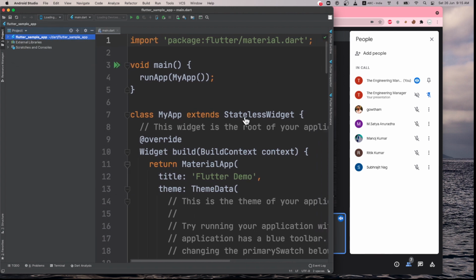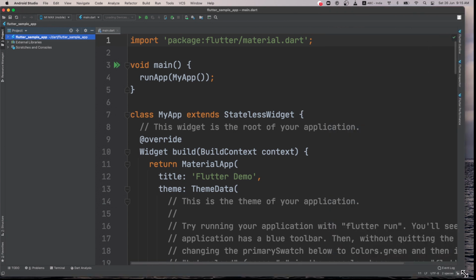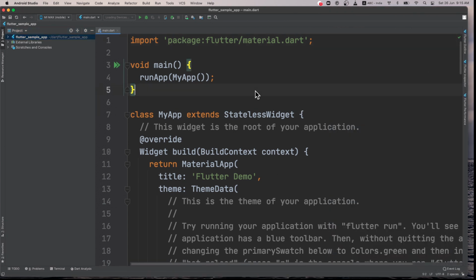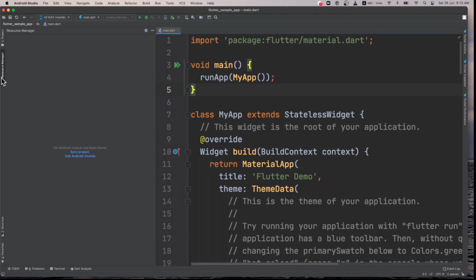In Android Studio, I am not sure how familiar you are, but I wanted to explain this so that you will understand it better. On the right side what you see is the code. This panel is called the editor, the text editor, where you write your own code. On the left side you have different options. The first one, if you click, is your project structure. In the project structure you see different folders and files, and then you have a resource manager, where you can manage resources like images and layouts and multiple things.